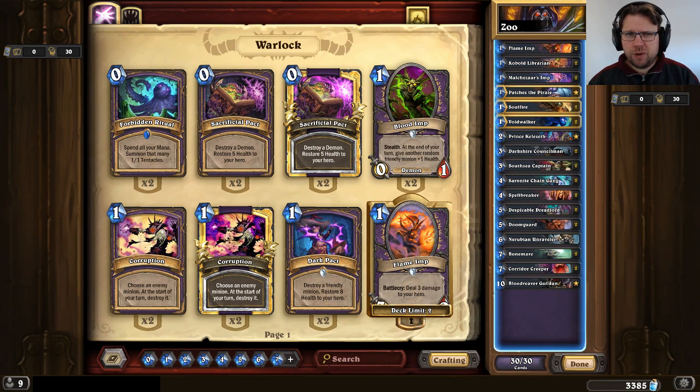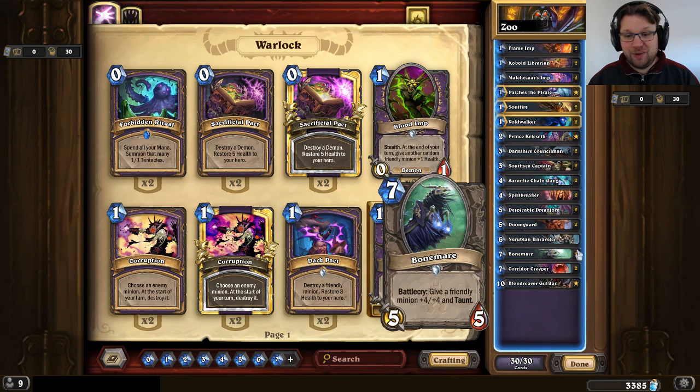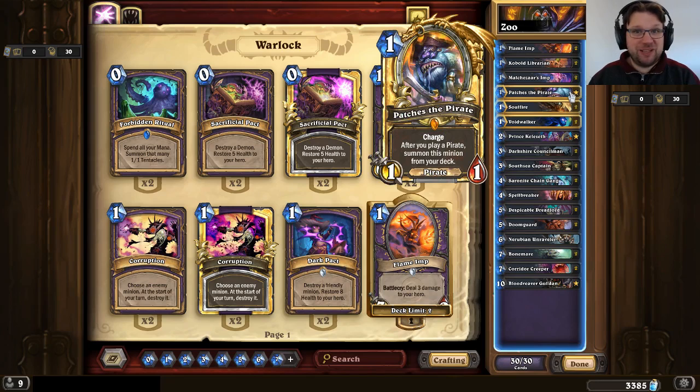Because the Warlock hero power allows you to draw additional cards, that means that you can afford to play cards for tempo over value and then gain more resources from the Warlock hero power in order to keep the tempo going. This deck that I have been playing with lately exhibits all the features of Kobolds and Catacombs pre-nerf decks. So we have the Prince Kelazeth, we have the Bone Mares, we have the Corridor Creepers, we have Patches,